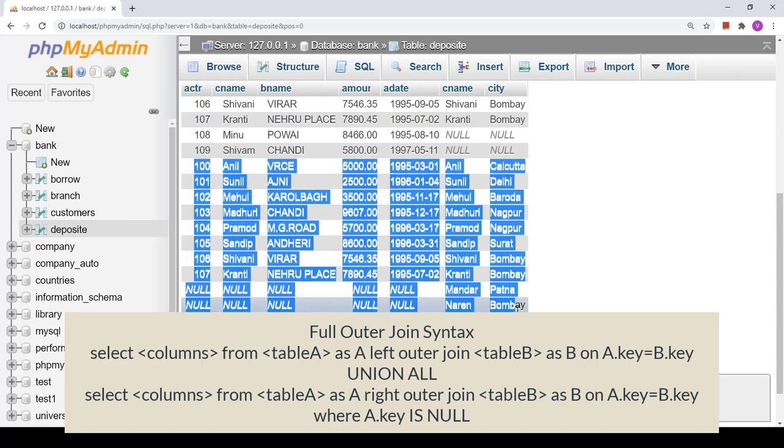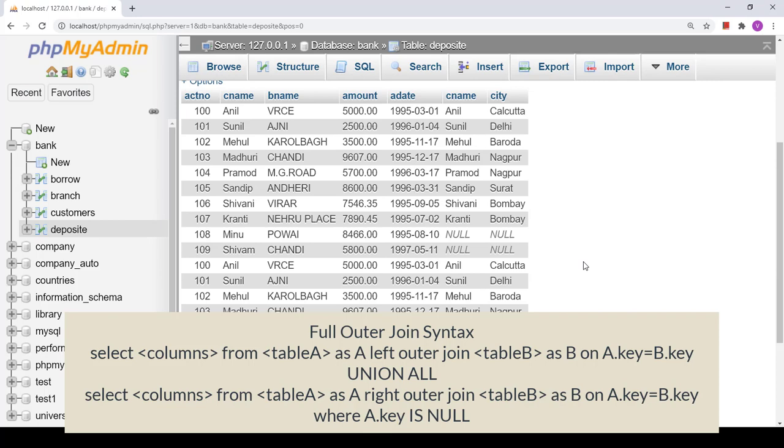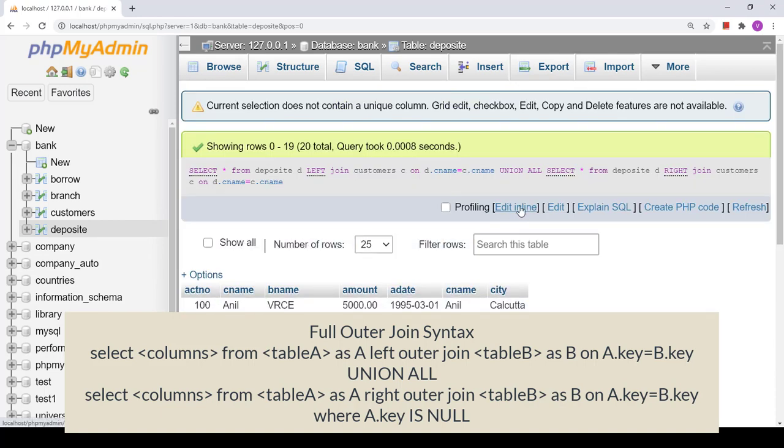Fine. Now we don't want the common rows. We want only one common result. यहाँ पे जो कॉमन रिजल्ट जितना है वो एक ही बार हमें चाहिए, तो क्या करना पड़ेगा?